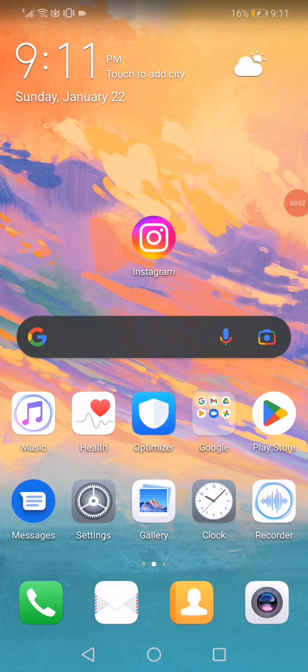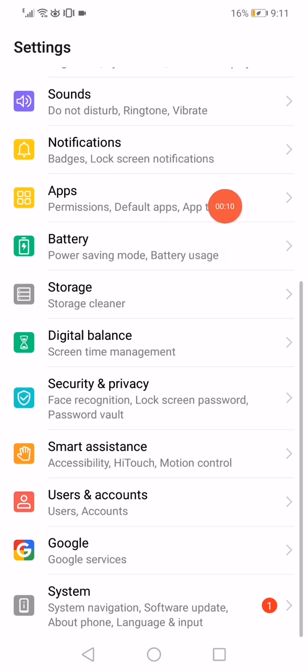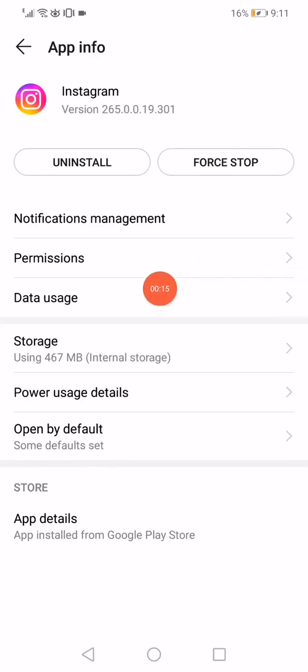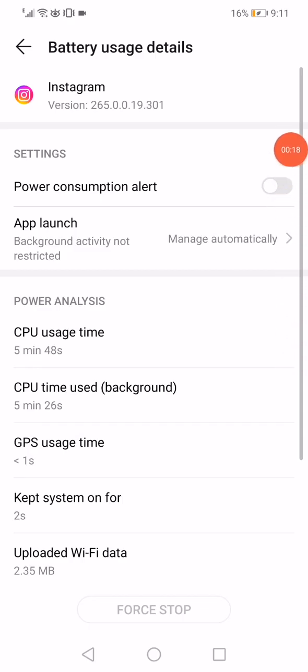How to fix Instagram "There was a problem with your request" easily and fast. So all you want to do to fix this problem is open the settings, go to the apps manager. When you open the apps manager, go to Instagram, click on the power usage details, and then go here into